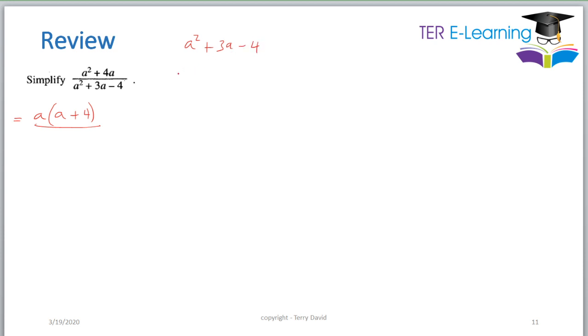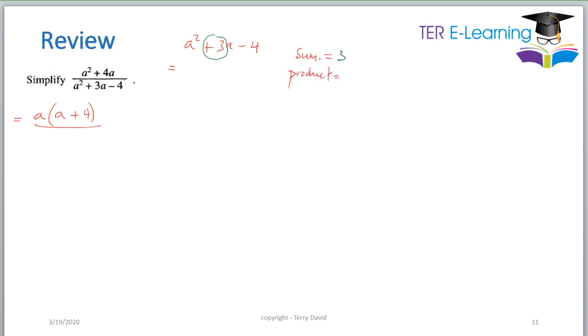Like I said previously, some students can look at this and factorize it in one go. That's fine. But what I've taught you in class is that we try to find two numbers whose sum is whatever my middle term is, which is plus 3. So my sum is 3, and my product